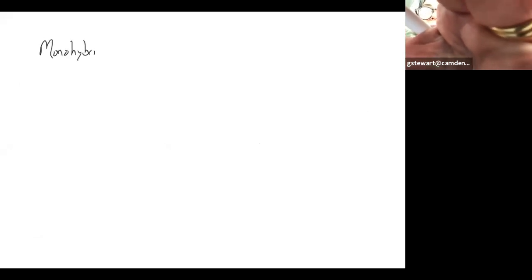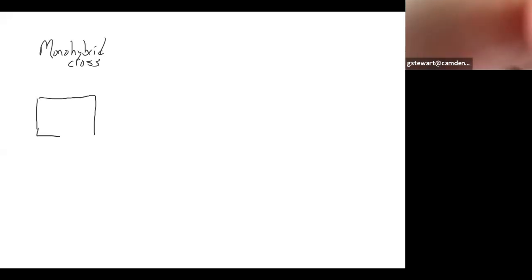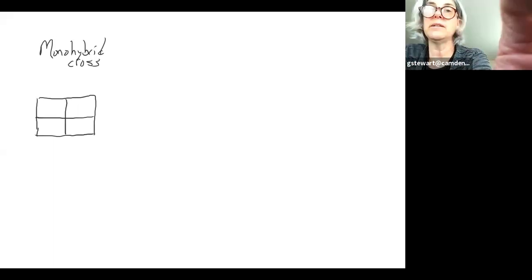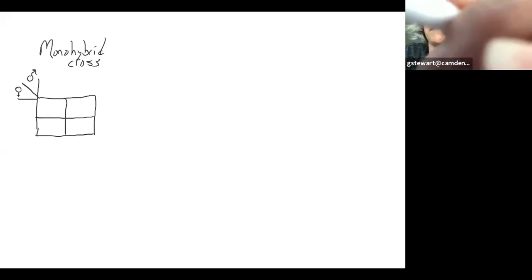Okay, I'm going to put up a new board to continue here. In a monohybrid cross, we would make a Punnett square that has 4 subsquares like this. So it's 4 boxes. And then many times you'll see a diagonal line there and a demarcation up here at the top. This is for which parent is the male parent and which parent is the female parent, because sometimes that matters.